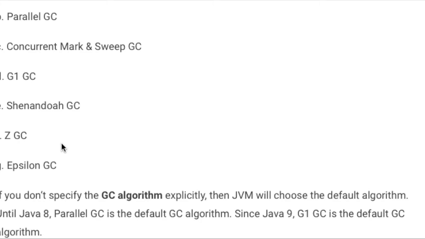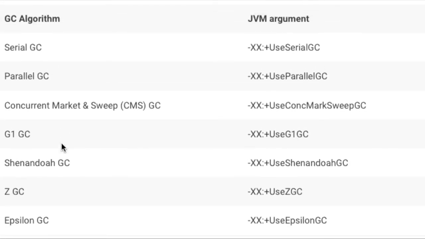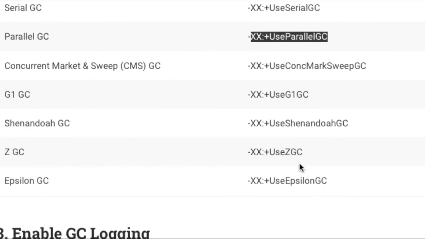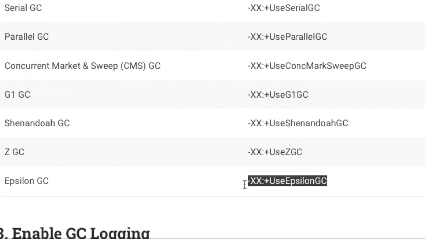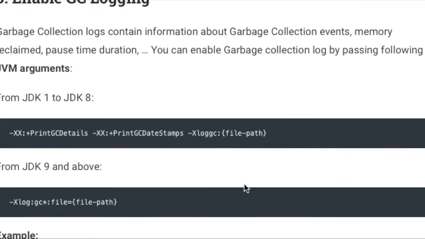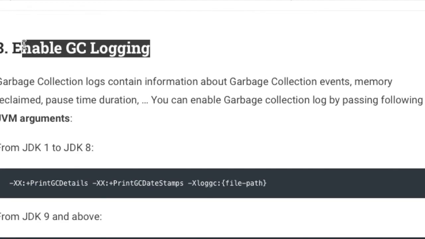Now some versions of Java have defined a default GC, but you can change it anytime according to your application and requirement. Which GC you want to use with your Java version or with your application, you can customize that. We have arguments for that. Let's say for Serial GC, if I want to use it in my application, I can define this argument. If I want to use Parallel GC, I can define this argument. Similarly, I have multiple variables which I can define here. One of them can be used to specify if I don't want to use the default GC and want to use a customized one.